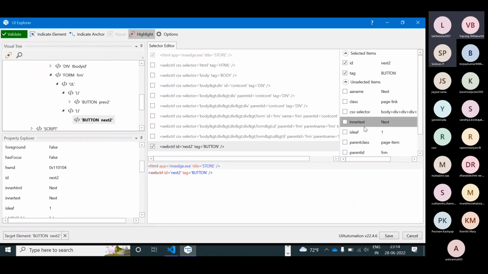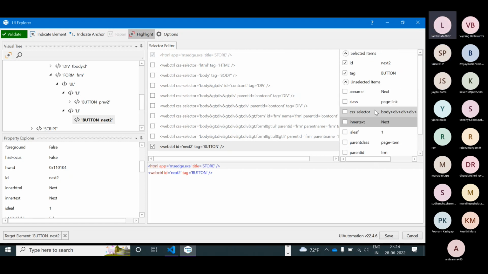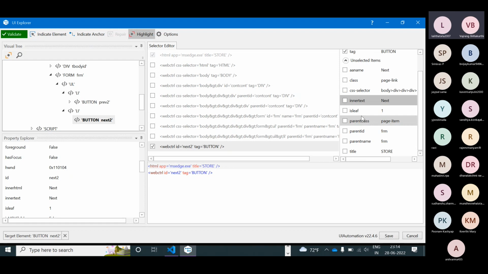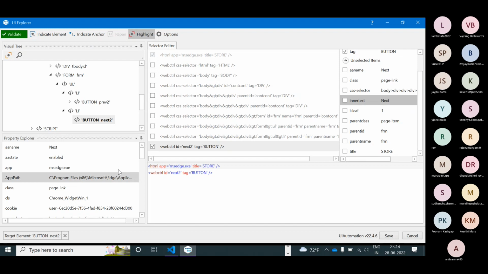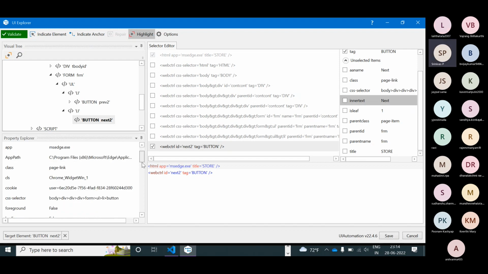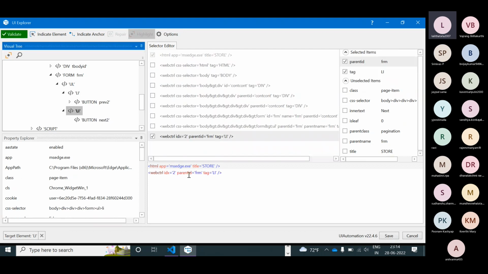It's not even highlighting because it's in the background. It's hidden. So how can we do this?